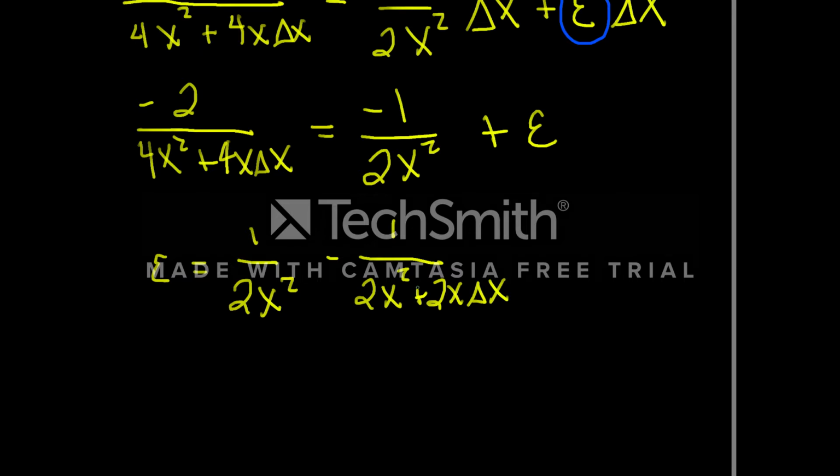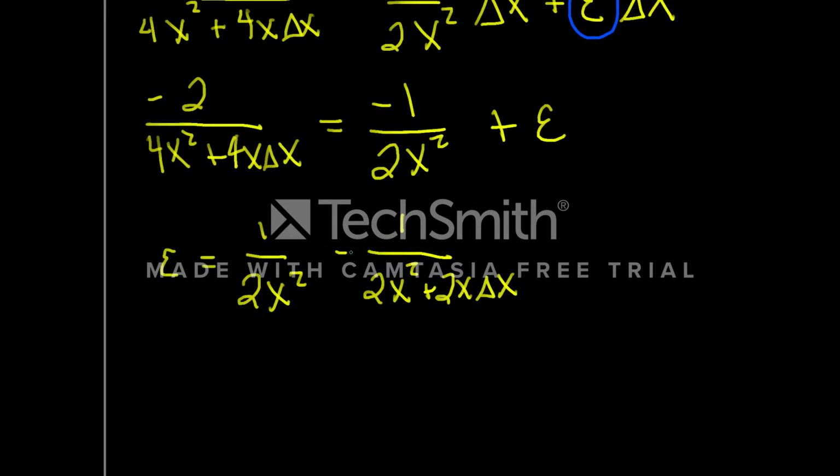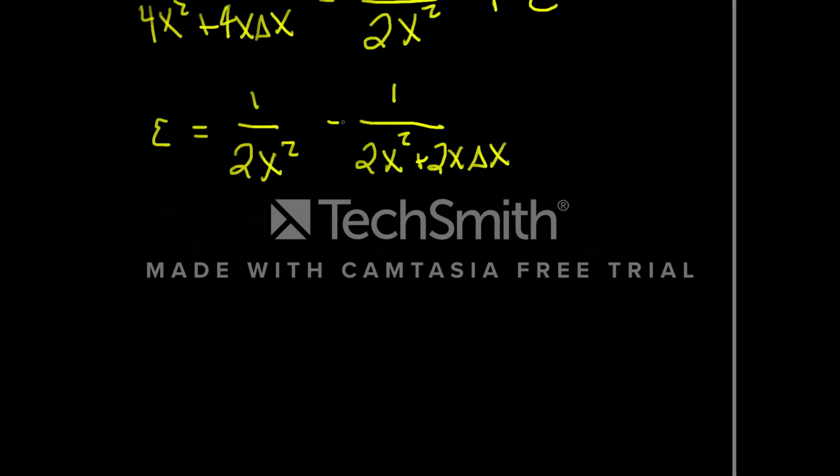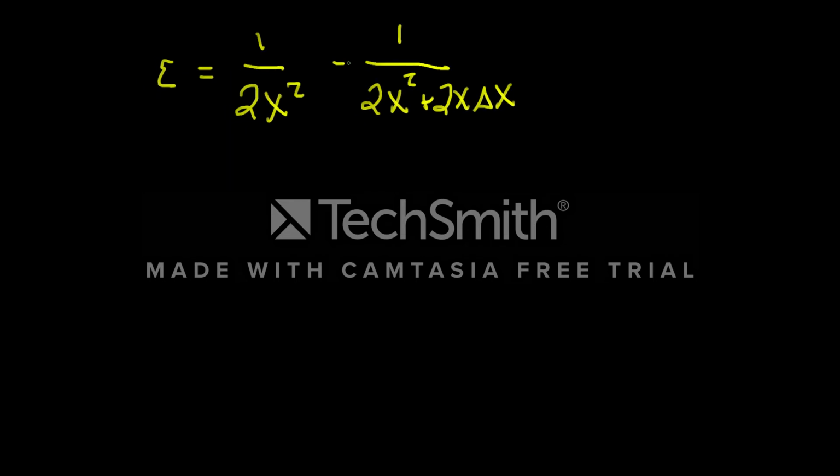though it's hard to see. It's easier to combine these fractions to really see that this is an infinitesimal, because right now this is finite, right? X is a real number, so this is finite, and so is this. But we'll find that this difference truly is an infinitesimal, so it's good to complete our algebra here and put